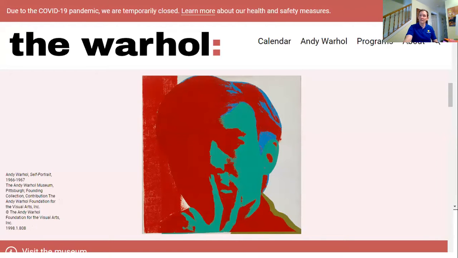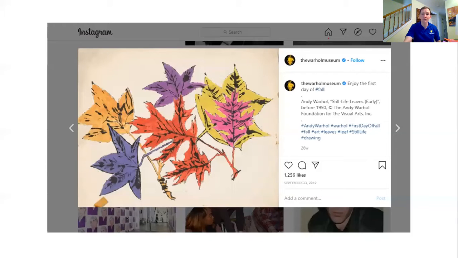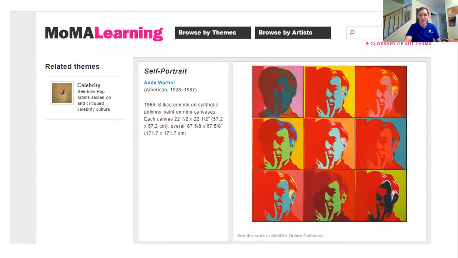There's also some pieces available at the Museum of Modern Art, as is the case with many artists that have been displayed there in the past as well. So I'm going to show you a couple of pieces from both. This is actually from the Warhol Museum's Instagram page, showing leaves that he did that were done in bold colors and part of his nature series. These are flowers that obviously were done in fun colors as well. We do have the green background, but we have some really unusual fun colors for the